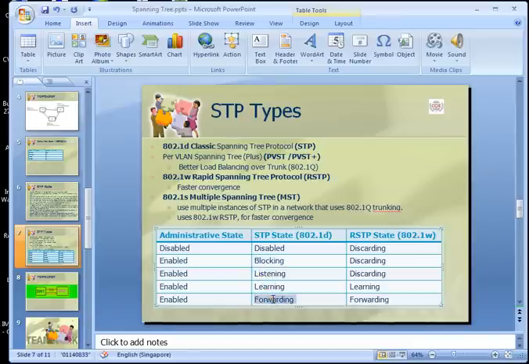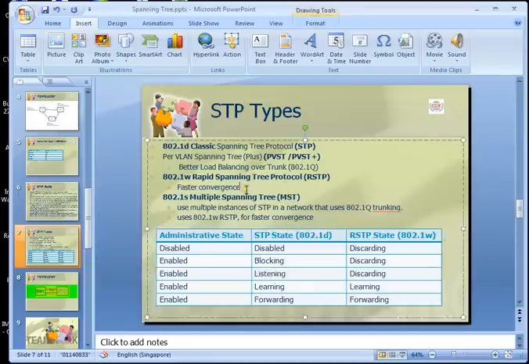So in rapid spanning tree, they bypass the listening state. There's no more listening state. So the convergence of STP, which is 30 to 50 seconds, will be reduced with RSTP to maybe around 5 seconds only.